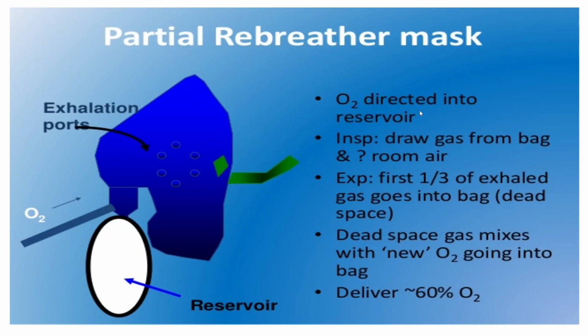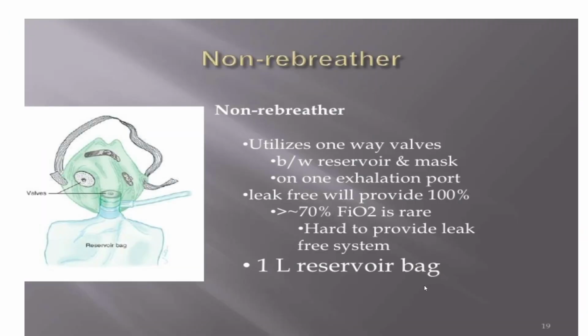Then the partial rebreather mask: oxygen is directed into the reservoir, this reservoir is there, and the patient breathes in as such. Another drawback of this is the dead space of the air, this would be more, because the patient has to take the air in from the reservoir also. So in a patient who has a reduced respiratory effort, this is not good enough as such. It delivers up to about 60% of the